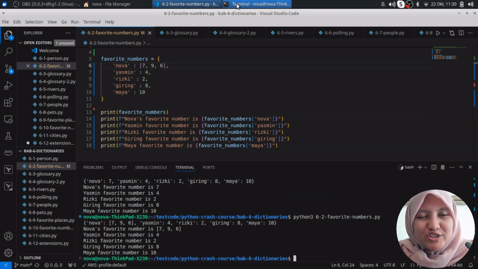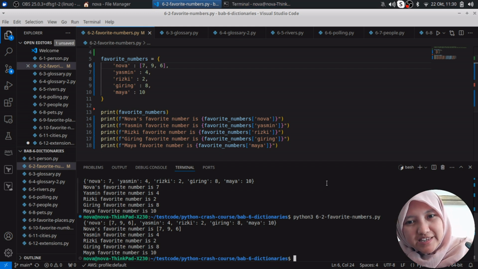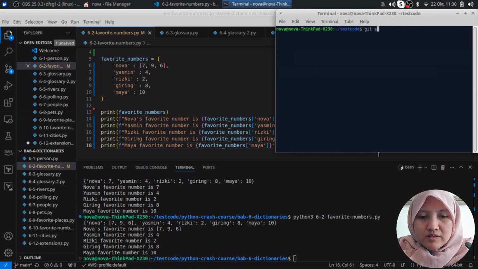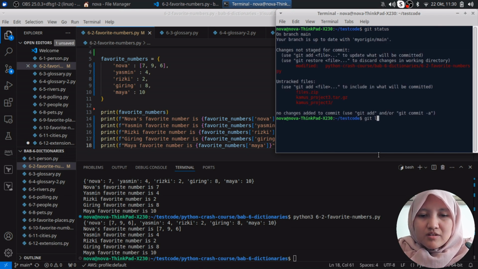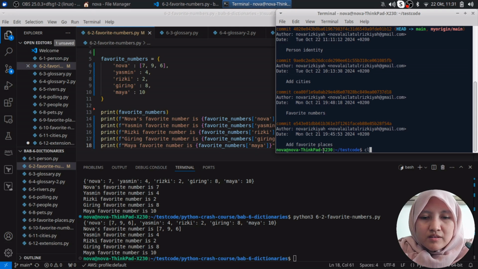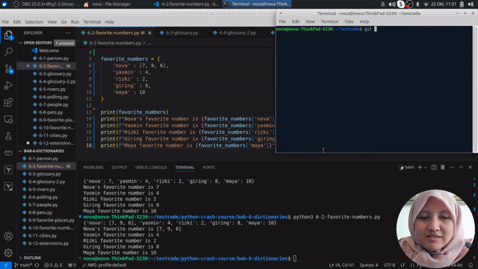But don't forget to add to your GitHub every time. Clear. Git status or git log. This the same. Person identity as replace key. Okay, clear. Git add Python. Git commit -m what favorite